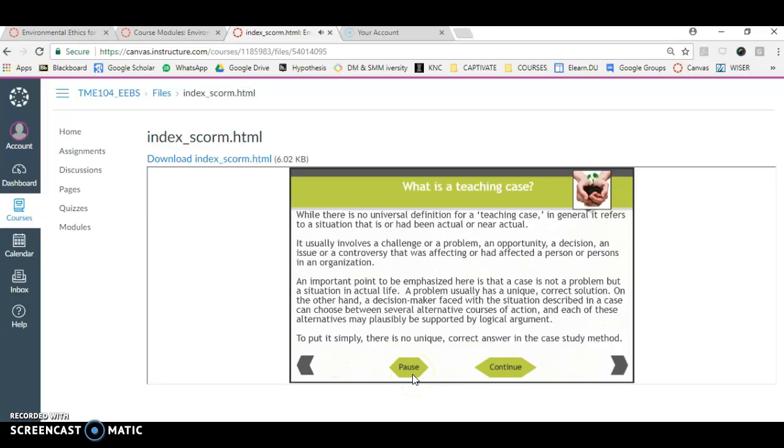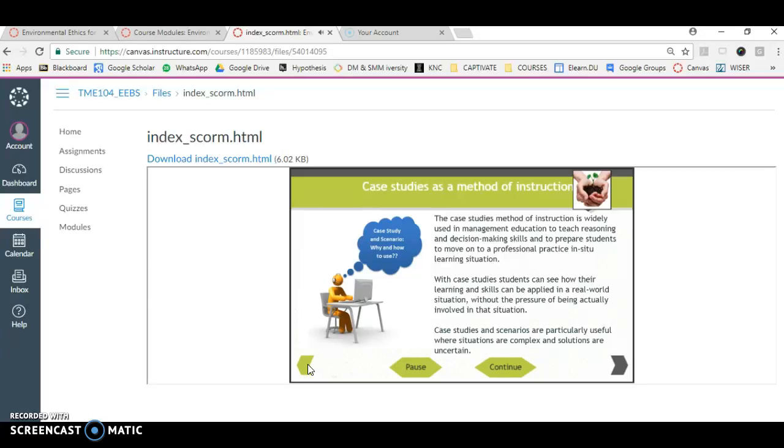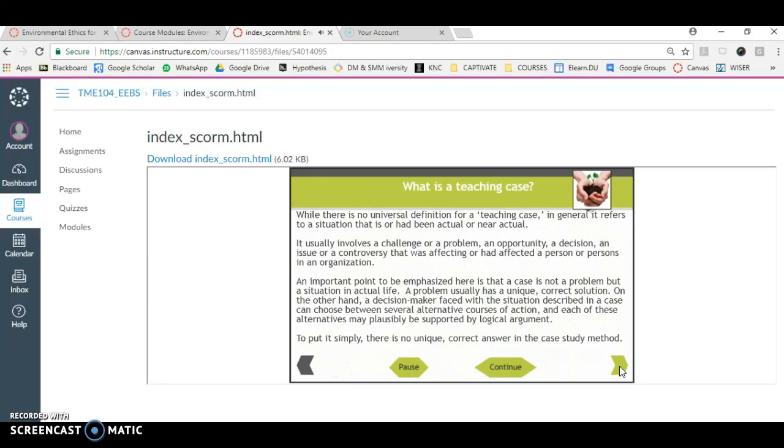So this is how you will be assessed and you will be taught in this course. As this presentation explains very well and the details are also given in the text, we would be following the case studies method of instruction. The details about it are given here. I am just pausing it so that you can hear me. And as you go through various slides,